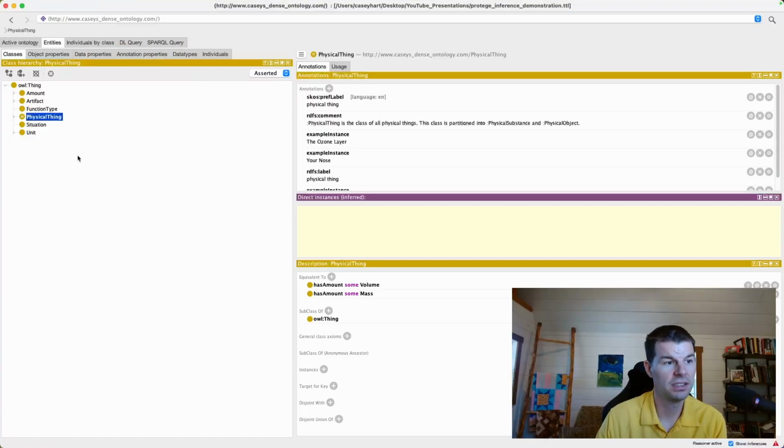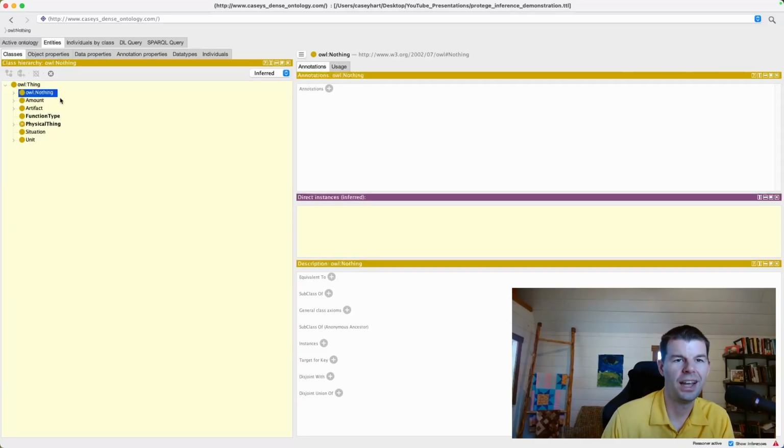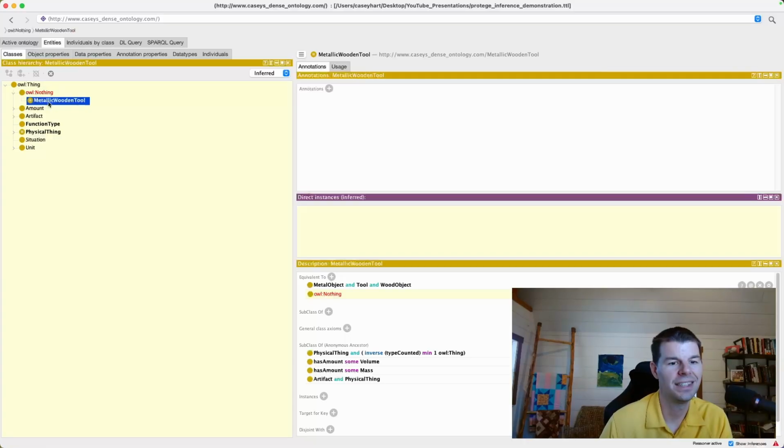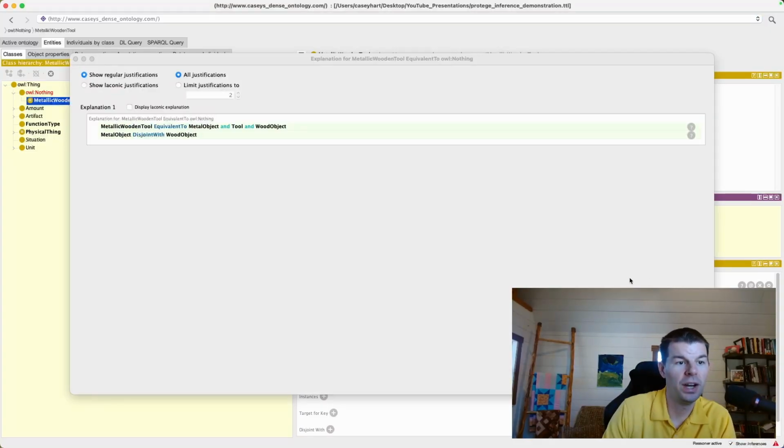Our reasoner's already synced, and it's going. We can turn this asserted instead to an inferred. And we have this thing at the top called owl:Nothing. And these are all of the classes that nothing satisfies. Notice that we have our metallic wooden tool showing up here, and it says this is equivalent to nothing. And we can do a proof for that. Why is this nothing? Well, because this thing is equivalent to these guys, but two of them are disjoint, so